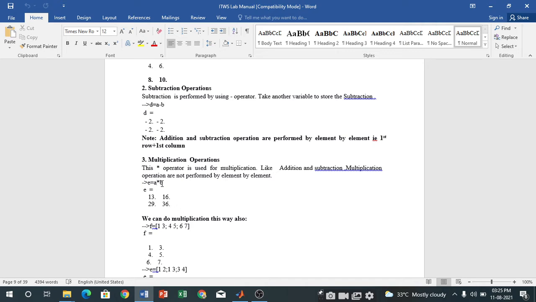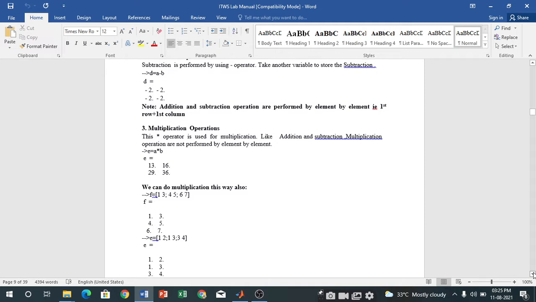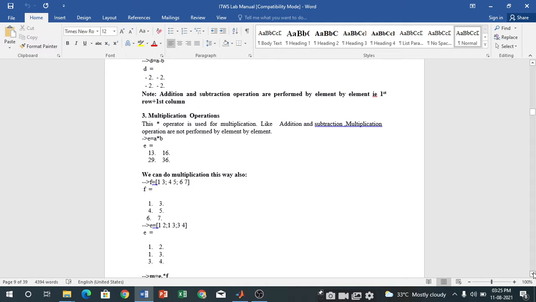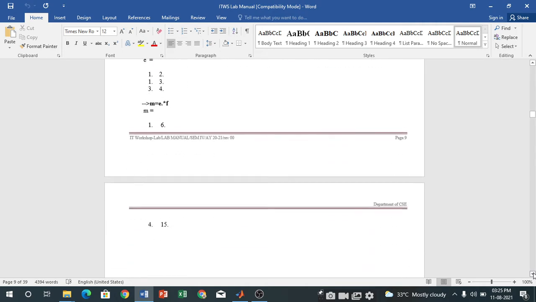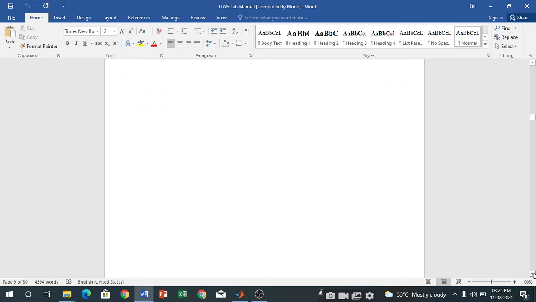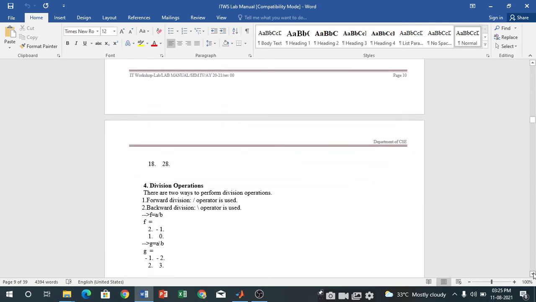If you do not put the dot in between a star b, it will create garbage values. So here you have to put the dot. The same applies to division: you have to put the dot in front of the forward slash, which is the division sign. These are the things related to matrix multiplication.